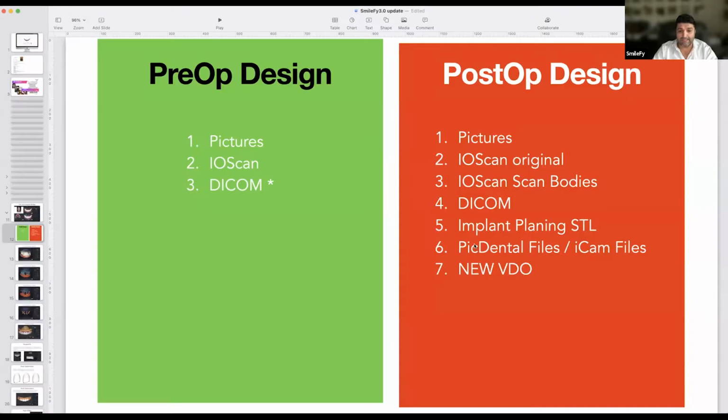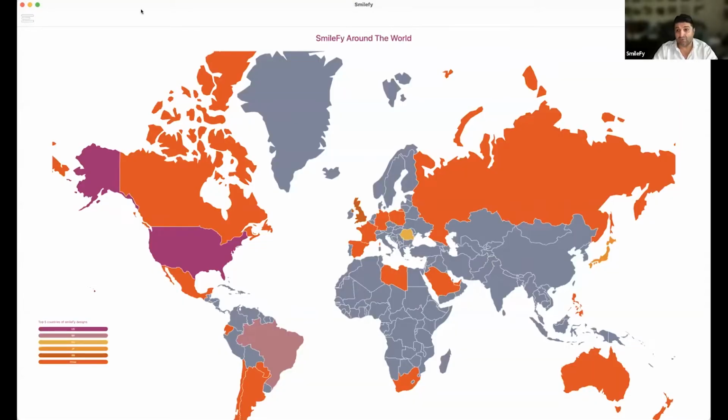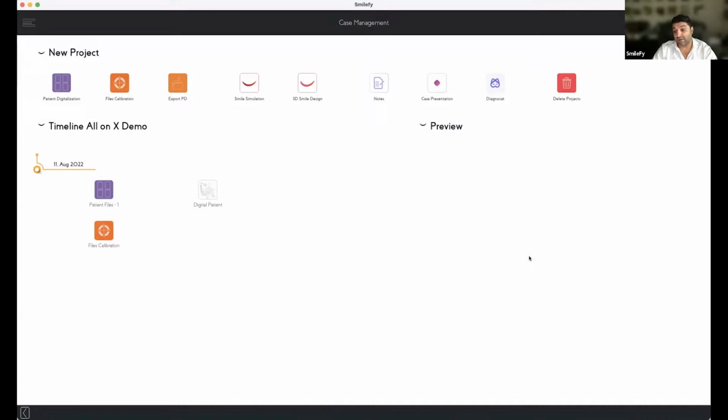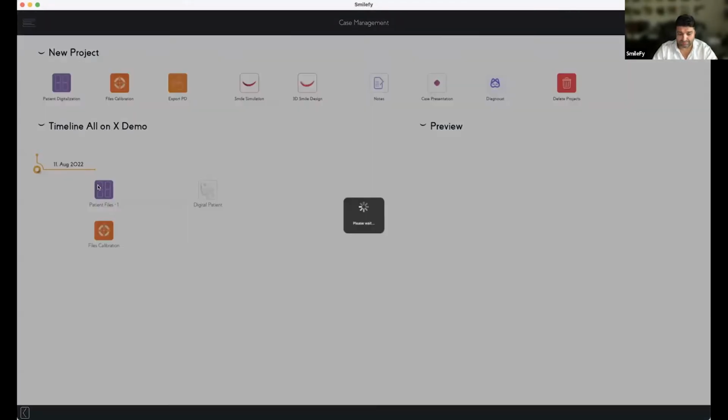So it is very exciting on one side because with the new features that we have in Smilefy, with the CAT features, we have a complete new world of opportunities and possibilities to design and to do stuff, right? It becomes more and more clinical. That's something that I like very much. And now it becomes more and more complex, of course.